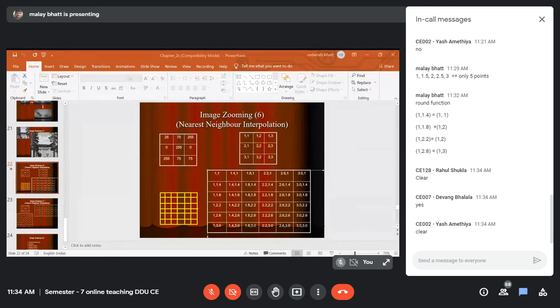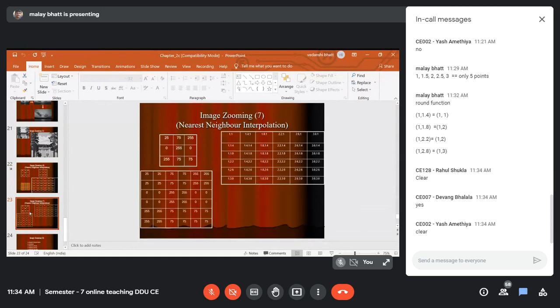Okay, so now let us see how we will generate the output image. You can see 1.4 is converted to 1, so the first two are 25. 1.8, 1 is converted to 2, 1. So 2, 1 will be your 75.